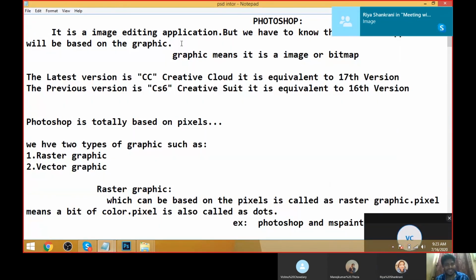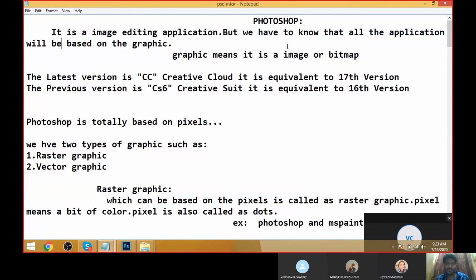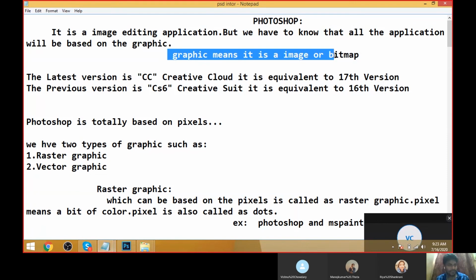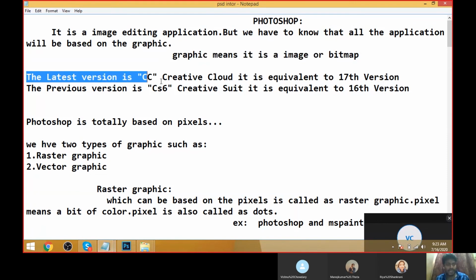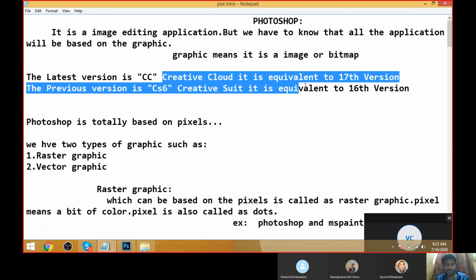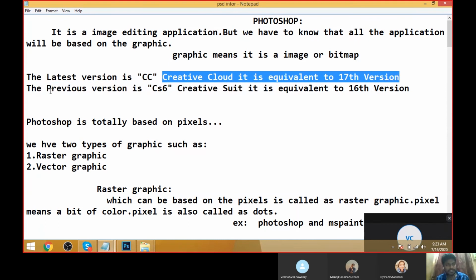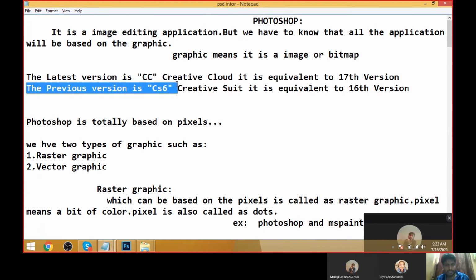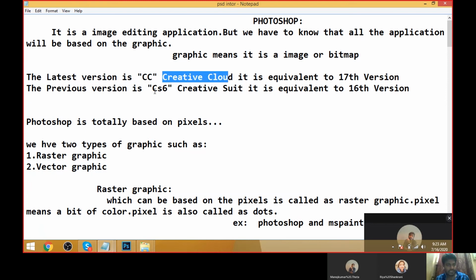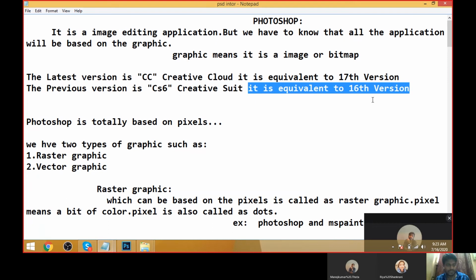Graphic means it is the image or bitmap. The latest version is CC, Creative Cloud, which is equivalent to the 17th version. The previous version is CS6, Creative Suite. CC is nothing but Creative Cloud, and CS6 is nothing but Creative Suite. It is equivalent to the 16th version.